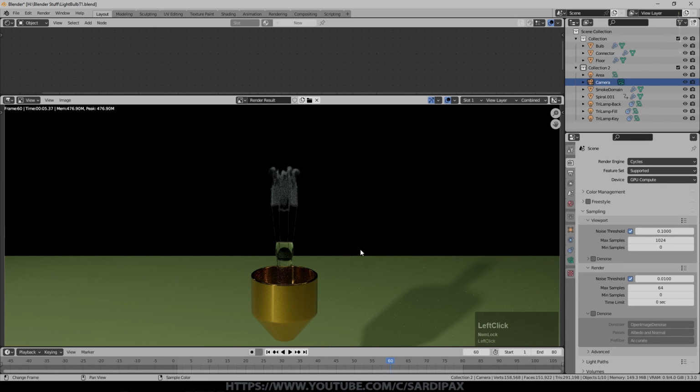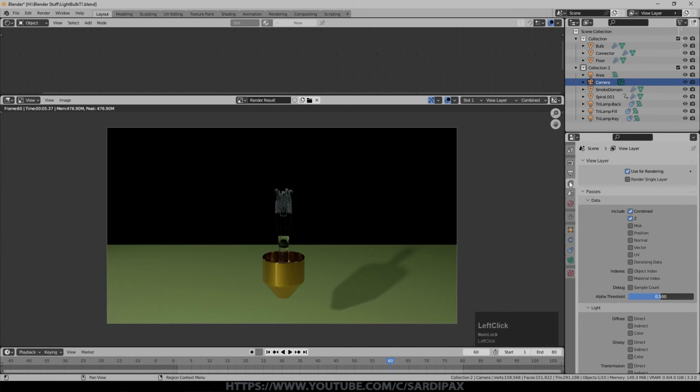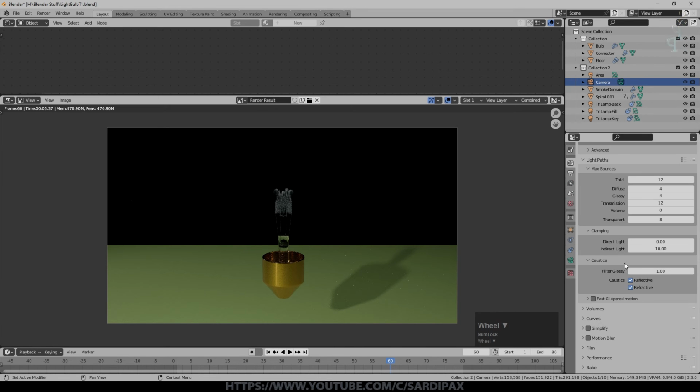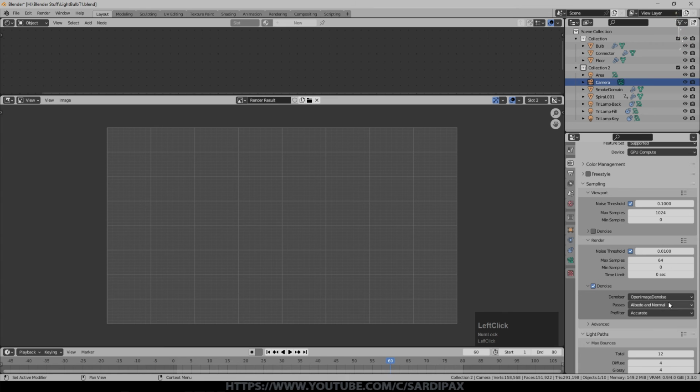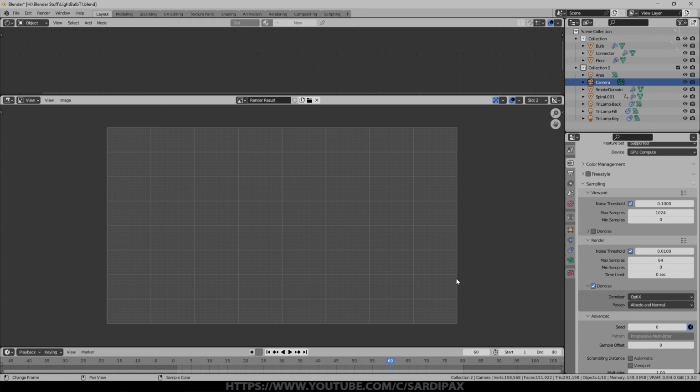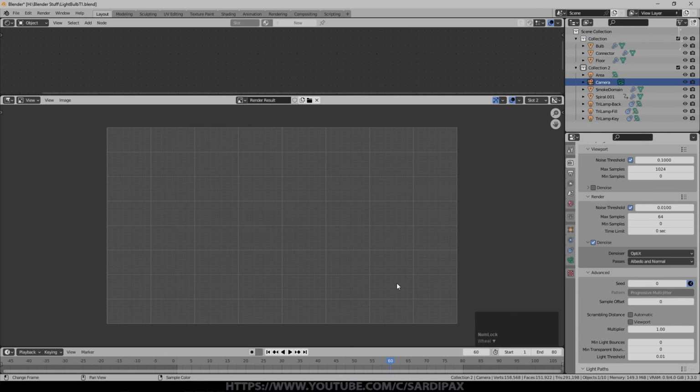As I say, I played with various different options under denoising, but in fact, before we go there, under light paths, we don't really need caustics, so we'll turn those off, which will reduce the render time and also reduce some of the noise. I'm going to go to slot 2, we'll put denoise on, and for this application, the best denoiser I found was to select the OptiX denoiser and albedo and normal. Then click advanced because you're going to be doing an animation presumably, and make sure you click this little clock, which will make sure that the seed for the noise pattern will be different for each frame, so it becomes less noticeable. So let's give that a render.